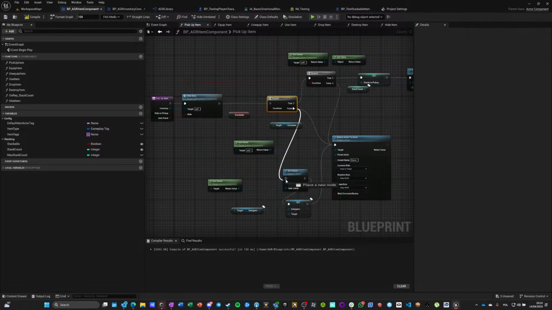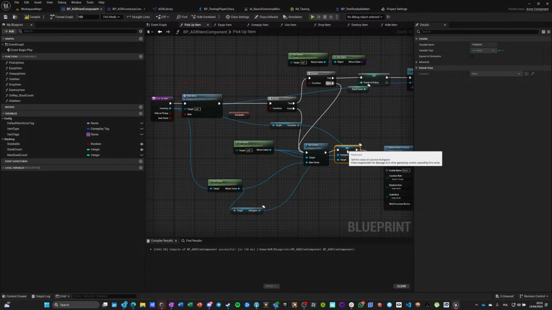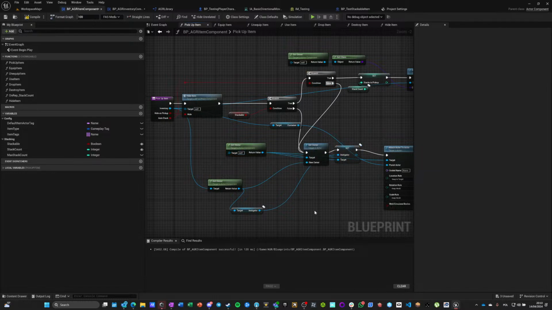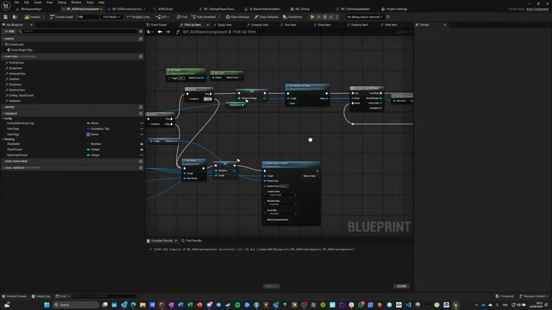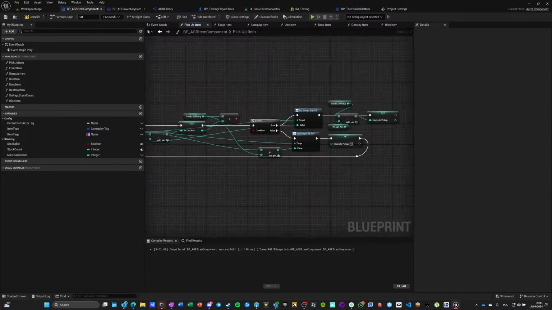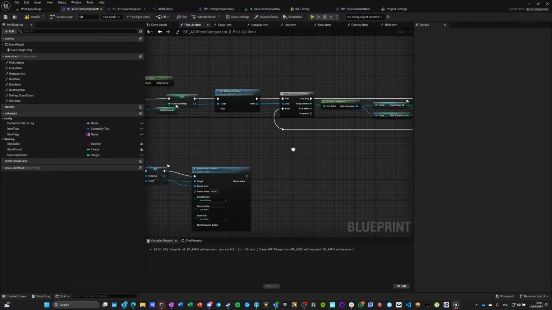So this is crucial for relevancy management and for multiplayer reasons. So get owner is like getting the item itself, and this owner is getting whoever holds this inventory component. Okay, we do this, we do that, we increase stacks. So if we increased all the stacks, we have to do one more thing before we are actually finished with